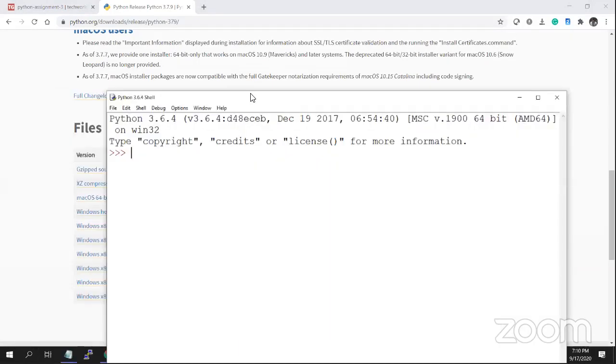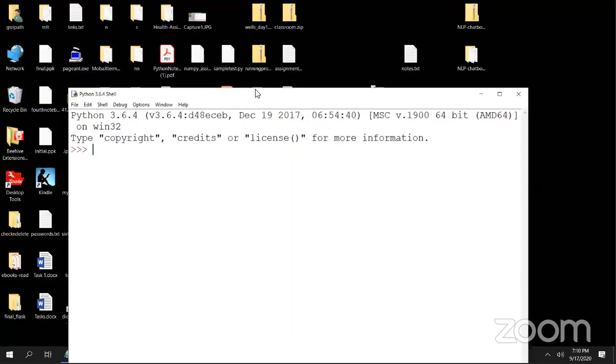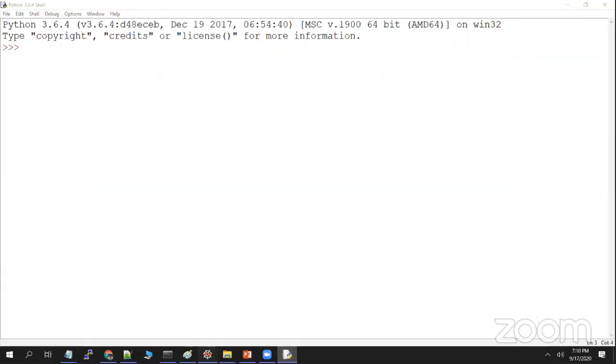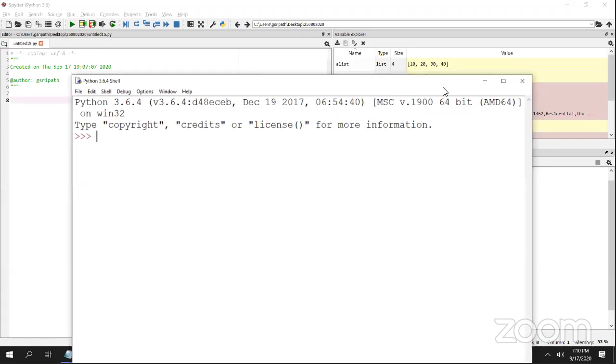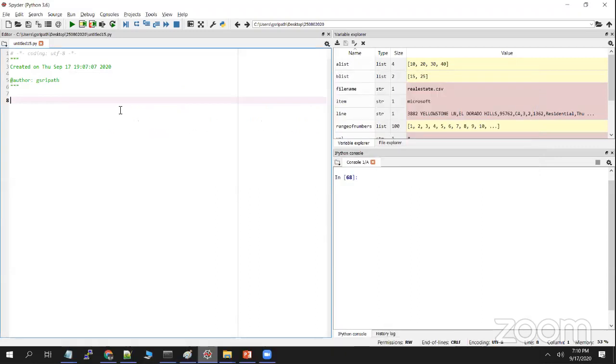This is like Notepad, guys. If you write the code here, you don't get the feel that you're doing some sort of programming. But this is the basic tool that we get with Python programming. This tool is not required for us, because we already had Spyder. If you want me to compare, guys,